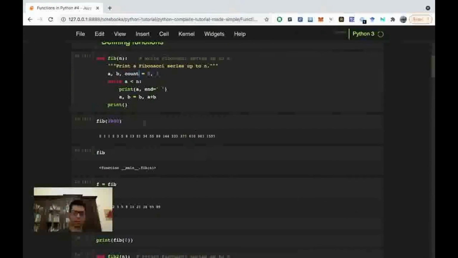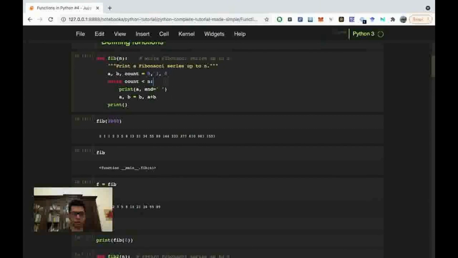We will have 2000 of this, but we can do it till 100. For example, we can add count and say, okay, we will start counting at 0, and while count is less than n,